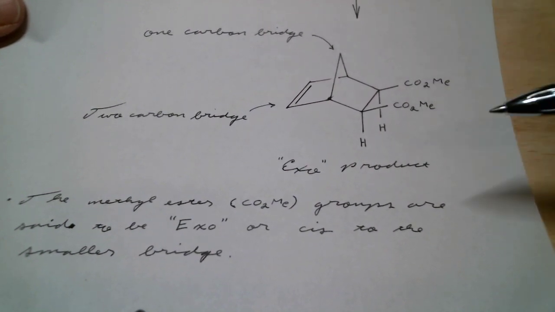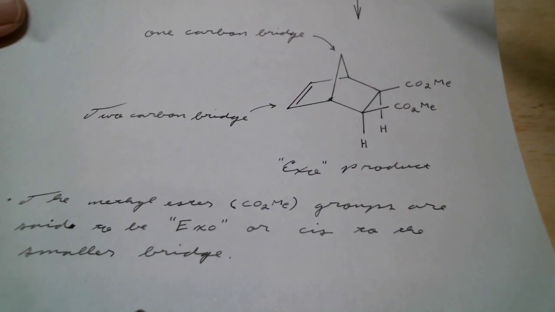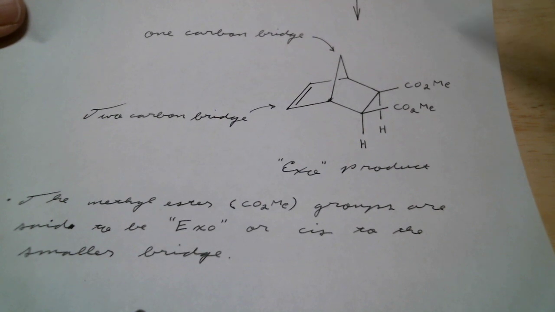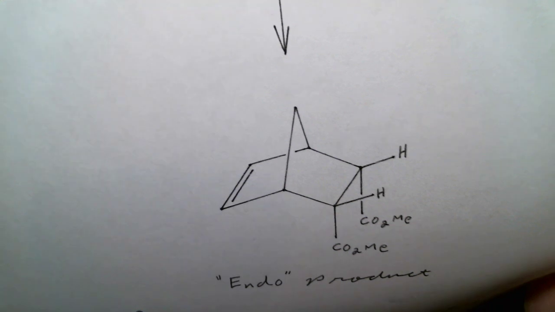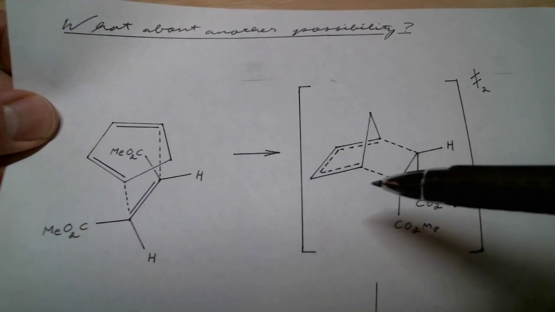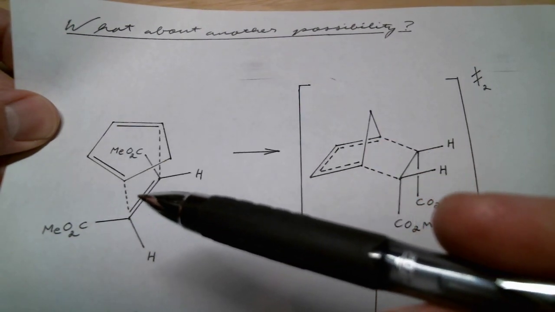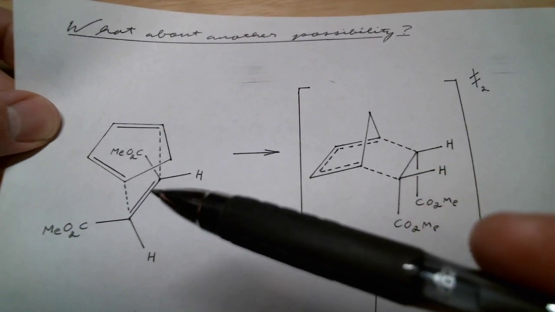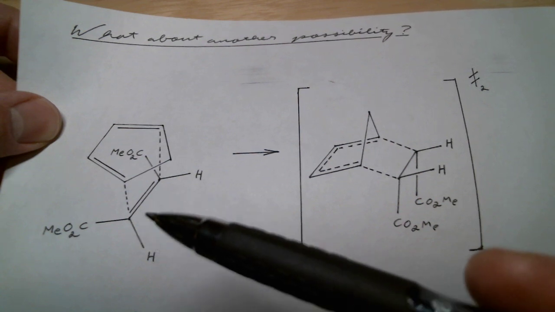So of course, if we considered a transition state where the hydrogen atoms were underneath the plane of the cyclopentadiene ring, we have to consider another potential transition state. So what about another possibility? And in this possibility, and this really takes your three-dimensional visualizing capabilities, it kind of maxes them out, right? But you can see that in this particular